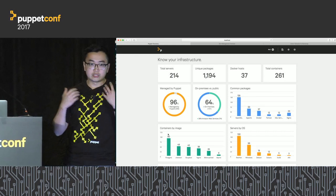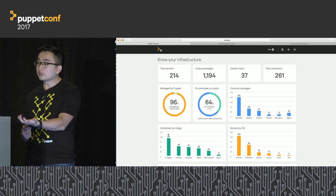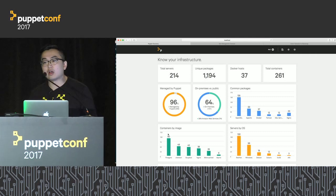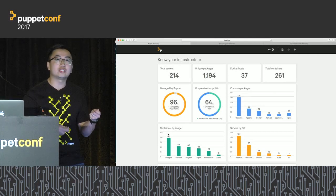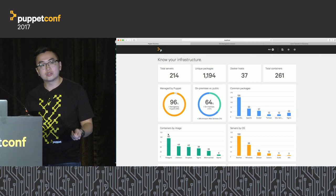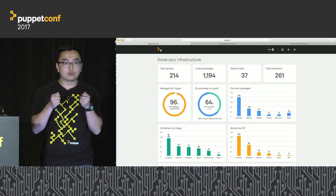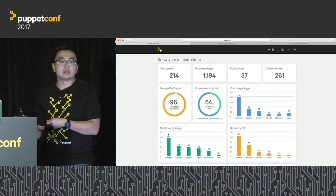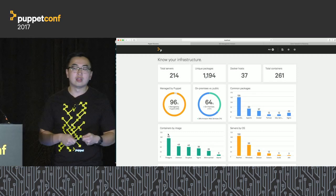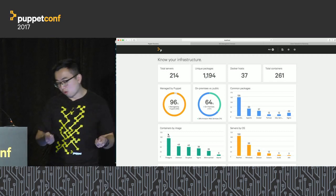So what we see, just to recap, is the ability to discover all types of infrastructure. This morning, you saw EC2 instances. Now you see containers. We'll be adding to this list as we go on. It gives you insight into the differences and differentiation of OSs in your environment, of container images, of other types of resources, and also the ability to detect security vulnerabilities, and to drive those insights into better management, into actions that you can actually take using a tool like Discovery, and in combination with a tool like Tasks or Puppet Enterprise, be able to have a much more complete